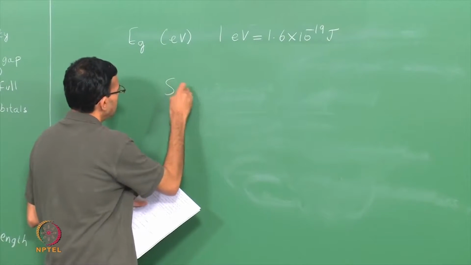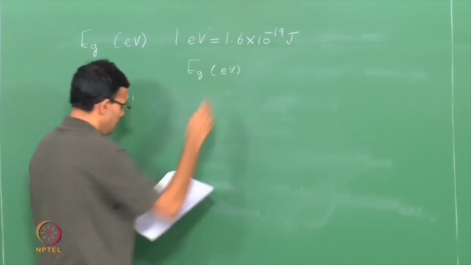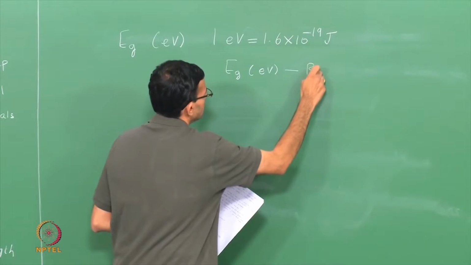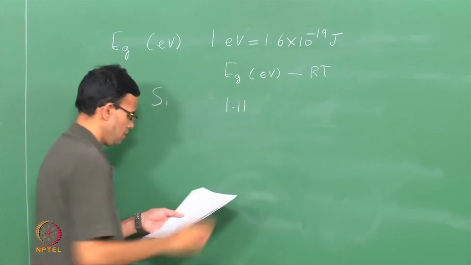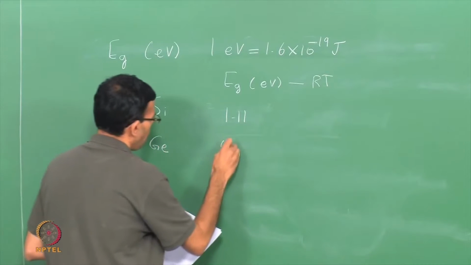So, we have silicon Eg in terms of eV, all these values are at room temperature. Silicon has a value of 1.11, germanium is 0.67,